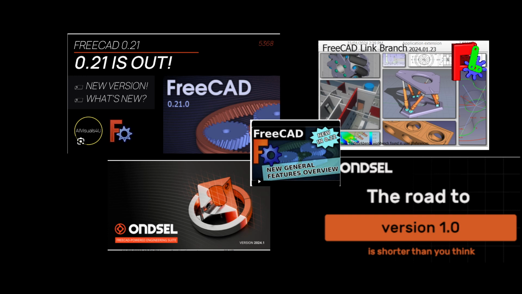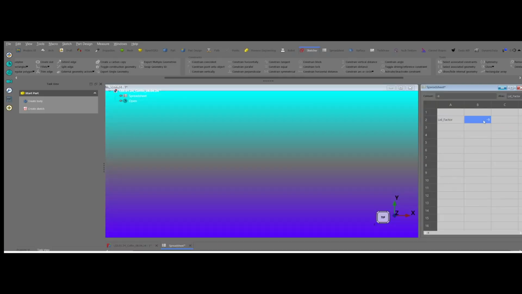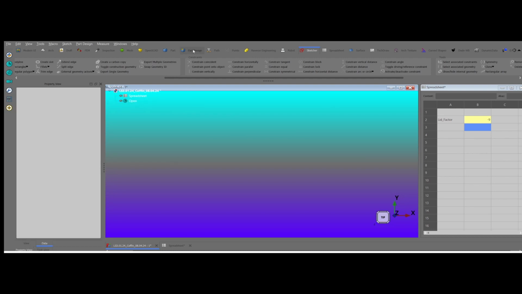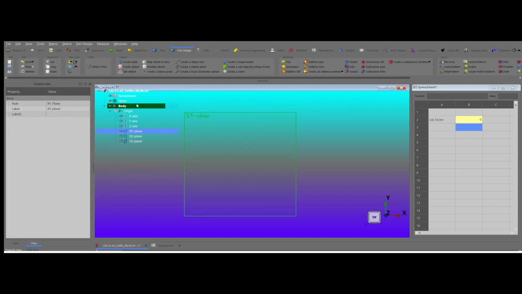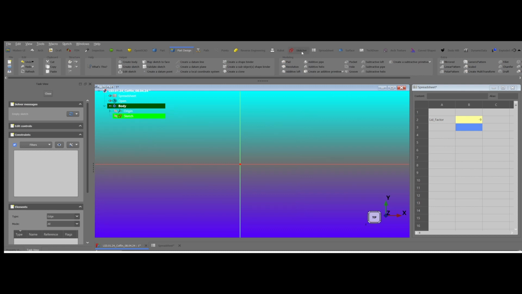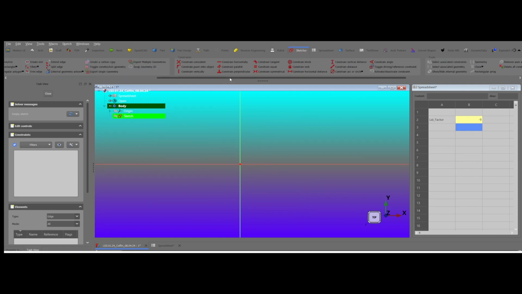As I'm an advocate for top-down design, I'll show you a quick way to get a dynamic box opening and closing. But let's throw in a curveball. Let's make it the other type of box. The first thing I always do is to create a spreadsheet and timer. These two functions will give us top-down animation capabilities. Then create a body and sketch in the Part Design workbench.